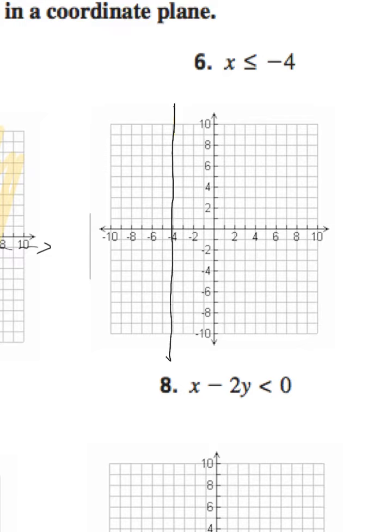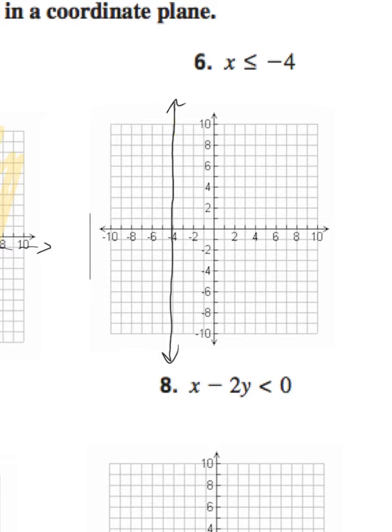Okay, so there is the solid line. Now, it's saying less than. Well, in which direction do we get less than for a vertical line? Of course, there's no top or bottom of this line. It's left and right. But we can still think about the tendency of numbers being more positive to the right and more negative to the left. So left is less than